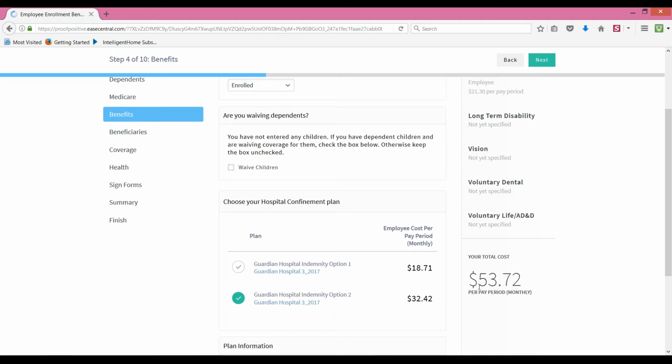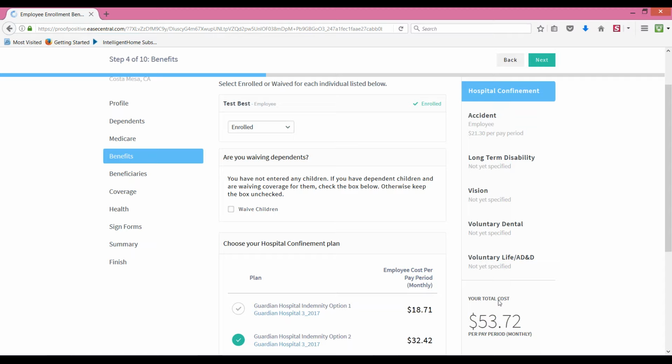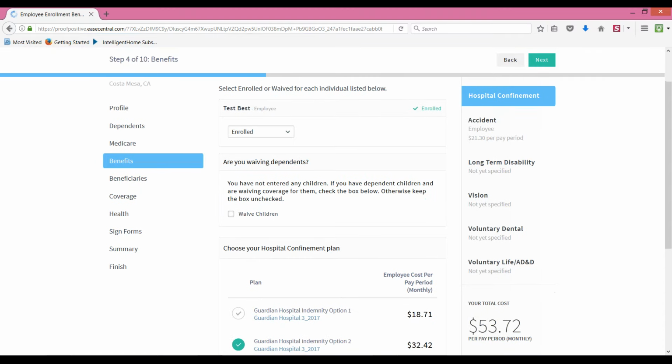Now, one of the reasons for having these enrollment portals is so that you can see what's going to come out of your paycheck for these benefits. So I know here, this is set up, it says per pay period, but here in the quotation marks, it actually says monthly. So oddly enough, I think it's easier for people to see what the costs are monthly, but in very different circumstances, we have set this up to meet all kinds of different requirements for employees. But just remember, this is going to be your monthly price when you look at it, not your per paycheck deduction.